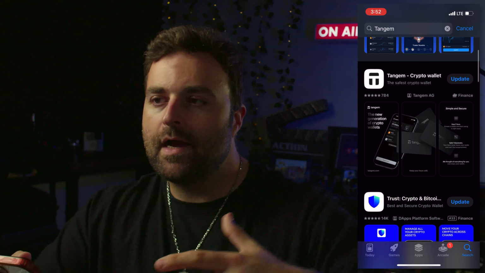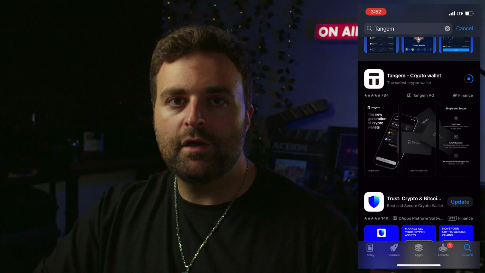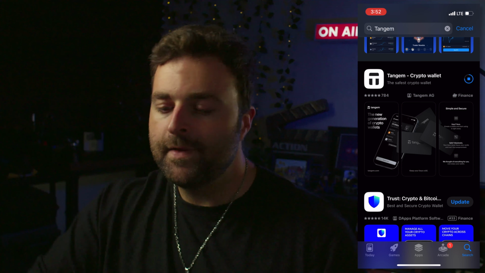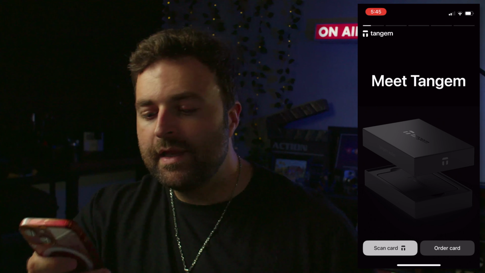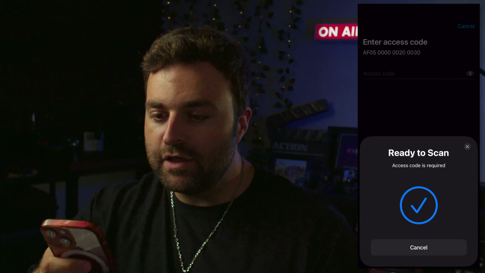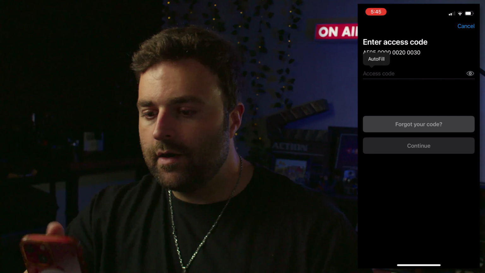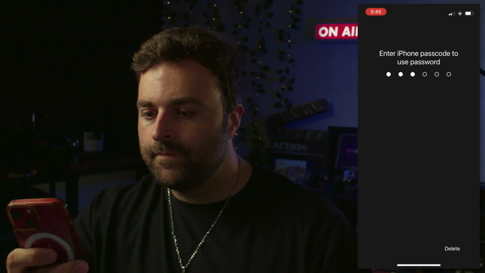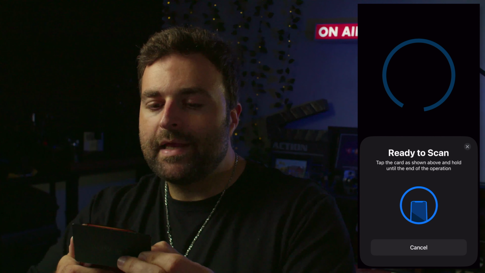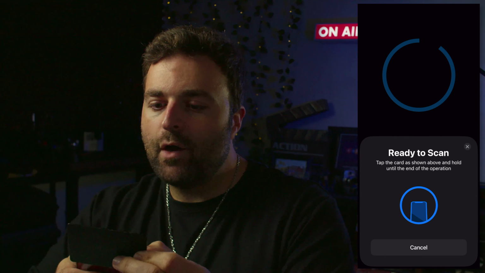So I already did this a little bit earlier. All you're going to do here is update the software. And once you do that, you can then open up the app and you can begin to scan your card. So we're going to log into our account. So here, all I'm going to do is put in my passcode, tap again, and now we are in our